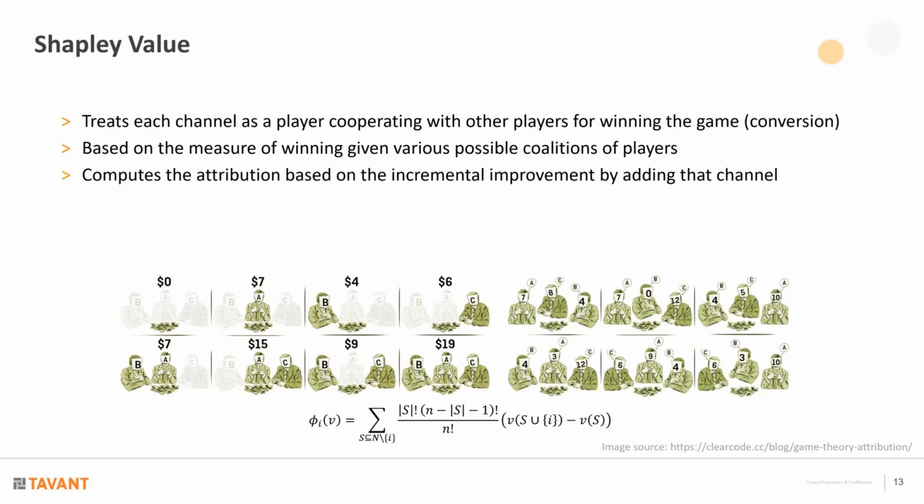And that kind of flows from the previous idea, where in logistic regression, we were using a very simple way of coming up with the importance of the features and therefore attribution, while Shapley value does a better job, and that's the reason why it is very popular in the machine learning space also. So Shapley value, coming from game theoretic methods, computes the attribution by treating individual channels like players in a team.